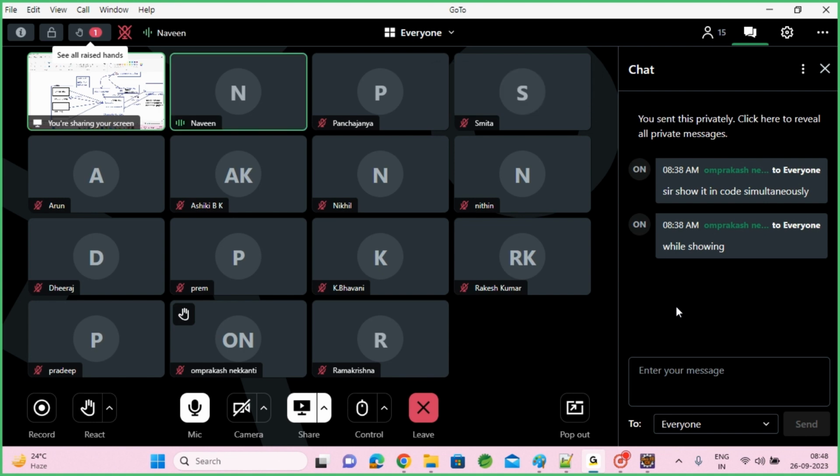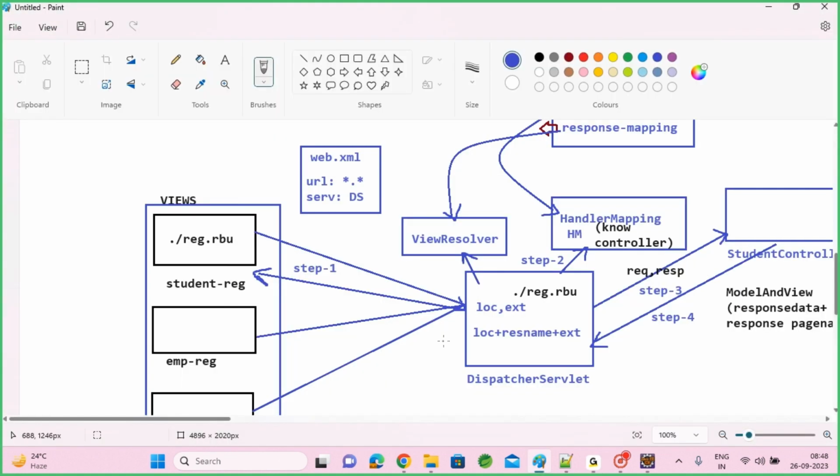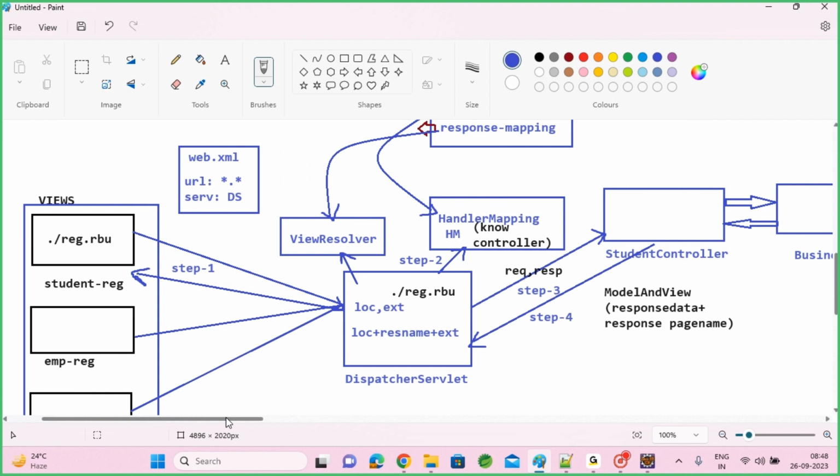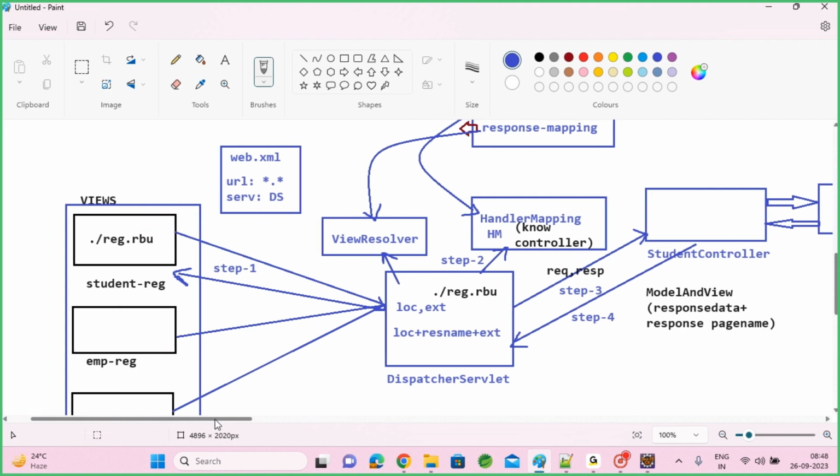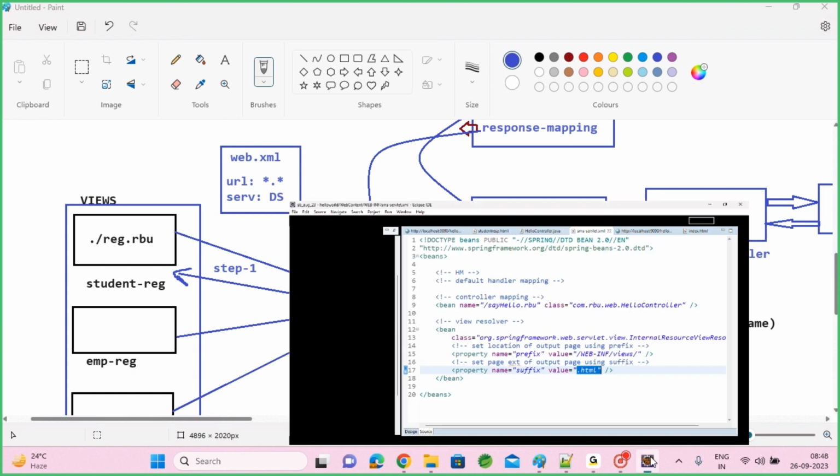Yeah, I'll show it. Every example is showing, right? We will see in code also. Okay, don't hurry. For everything we will be seeing an example. Now see,